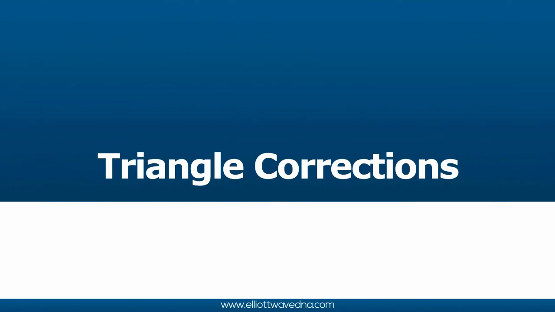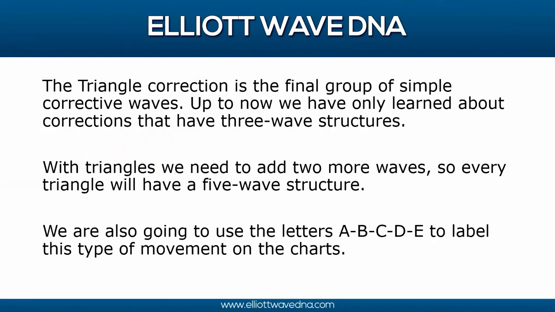Triangle corrections. The triangle correction is the final group of simple corrective waves. Up to now, we have only learned about the corrections that have 3 wave structures. With triangles, we need to add 2 more waves, so every triangle has a 5-wave structure. We are also going to use the letters A, B, C, D, and E to label this type of movement